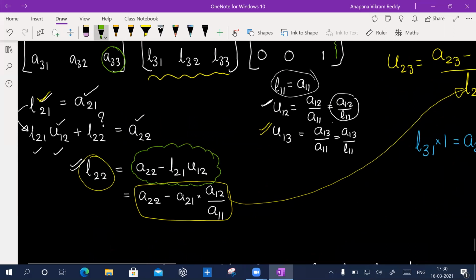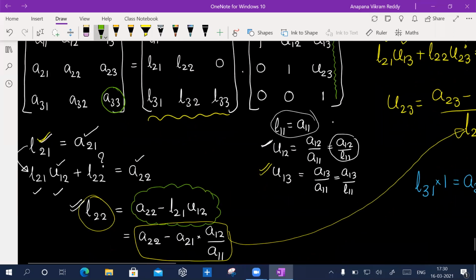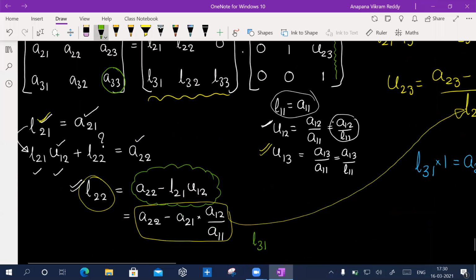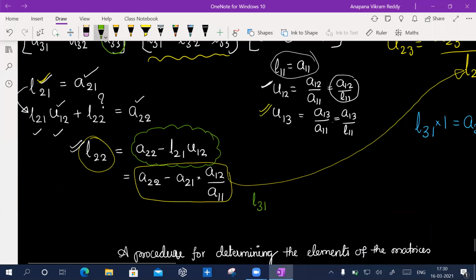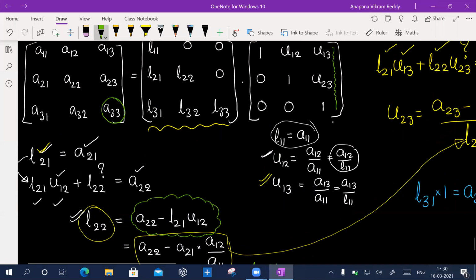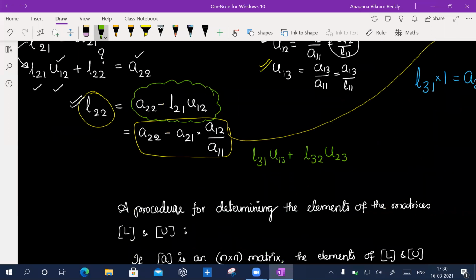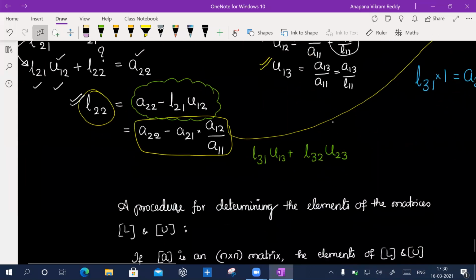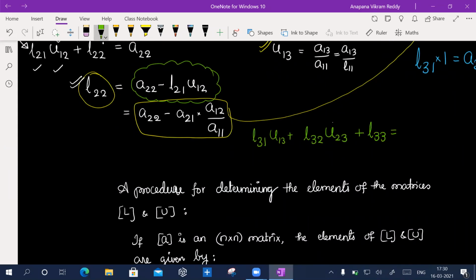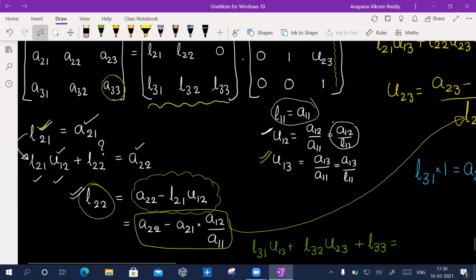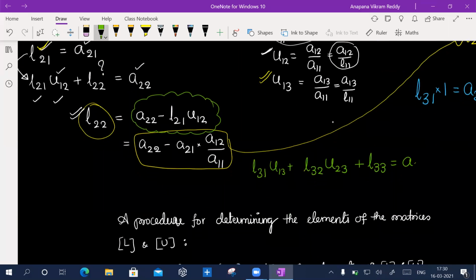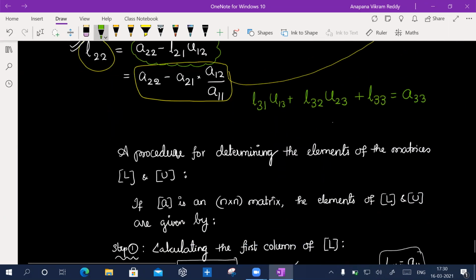So L31, now this is somewhat big, right? L31 U13 plus L32 U23. First of all, I must know L32. L32 U23 and L33 is equal to what? A33. Agree? We will take the extreme one, A33.